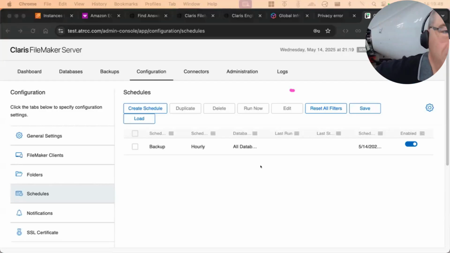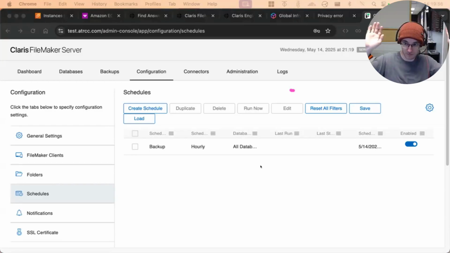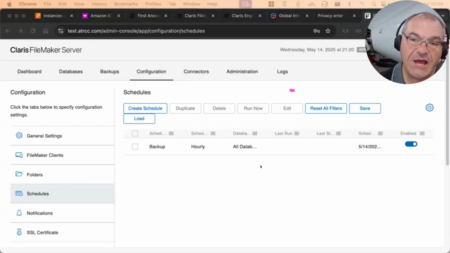He's asking about 21. Can I do an upgrade in place with that? At this point, the answer is yes. Do it. Sorry, I'm going to interrupt you. If you're on 21 already and you're not on the latest version of FileMaker Server, you need to upgrade. And then my recommendation.